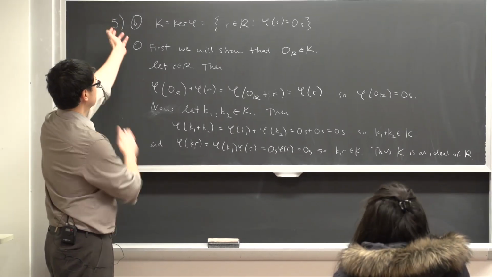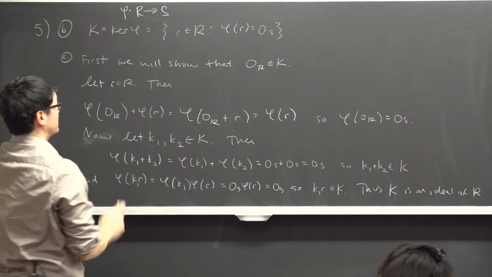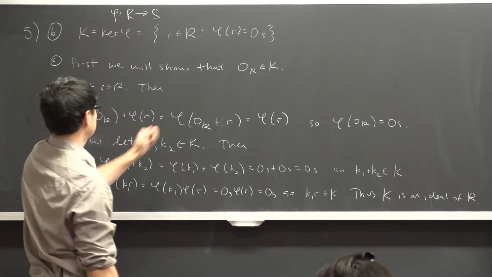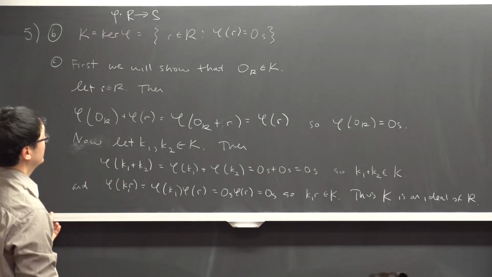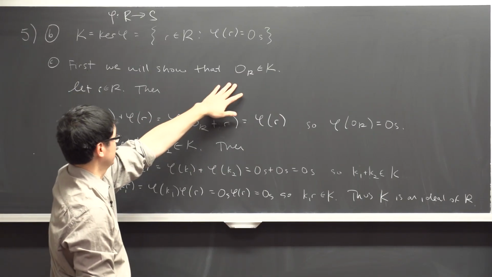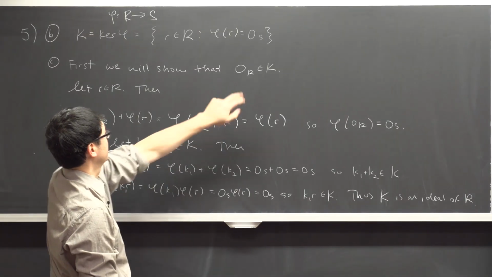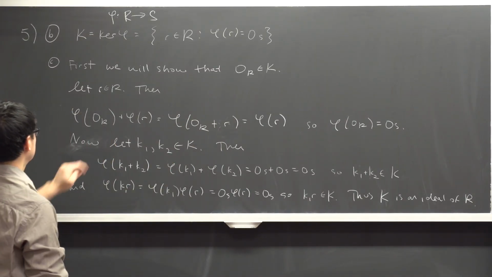So here, if I have a homomorphism from R to S, the kernel is the set of all things in the domain that gets sent to 0. So we want to show that it's non-empty. The way that you show that 0 is in K is that you apply